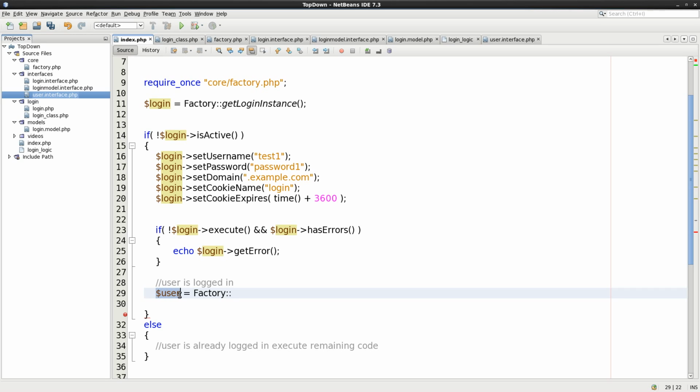As far as we're concerned, the user object has no idea that the login object is there, and the login object has no idea that the user object is there whatsoever. Okay, so it means if we change the login object, it doesn't affect the user object. It's because it all comes through the factory. Alright, so as a good example, if you've never used this type of idea before, is that